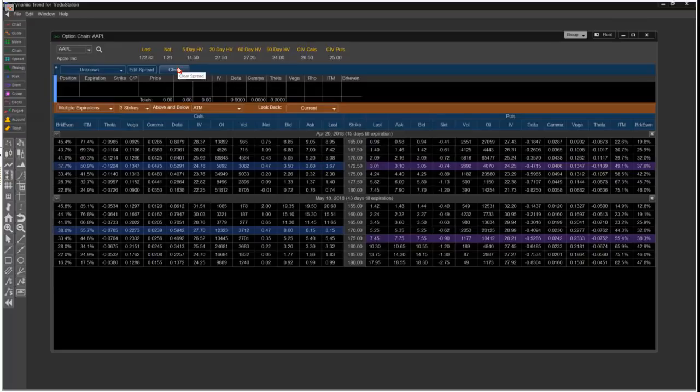I'm going to just clear this out. All right, so we have a blank spread here, and all I need to do is, let's say for instance, I want to do a straddle on this Apple. Okay, for whatever reason, I'm just making this up right now. All I need to do is click on the ask for the call, and we're going to do a 172.50. I just click on the ask